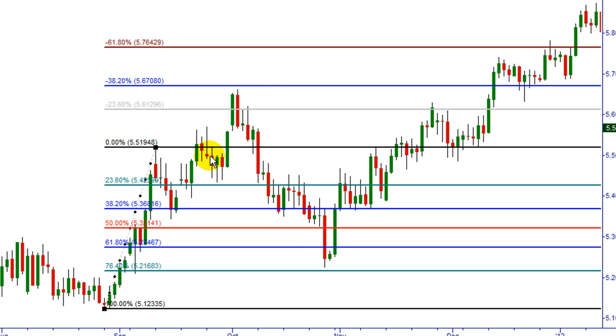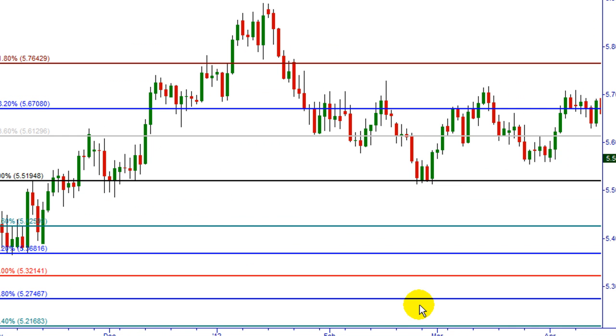But coming off of this high, pretty close to that same textbook look that we were looking for, creates that pullback to the 23.6%, which is closer to your kind of 80% guarantee level. And that also leads then to the 38.2% here that is serving for larger support where the momentum shift is taking place. A little bit later on, you can see again these levels are holding pretty well as we continue past,